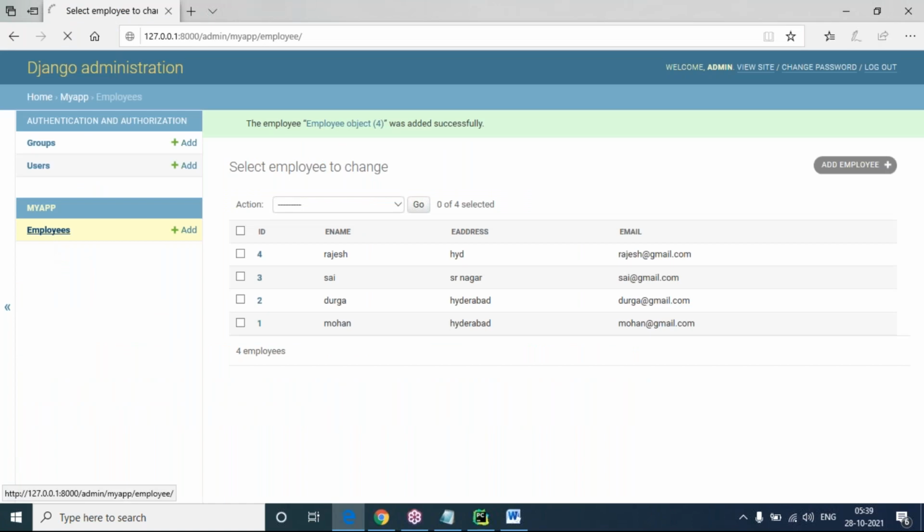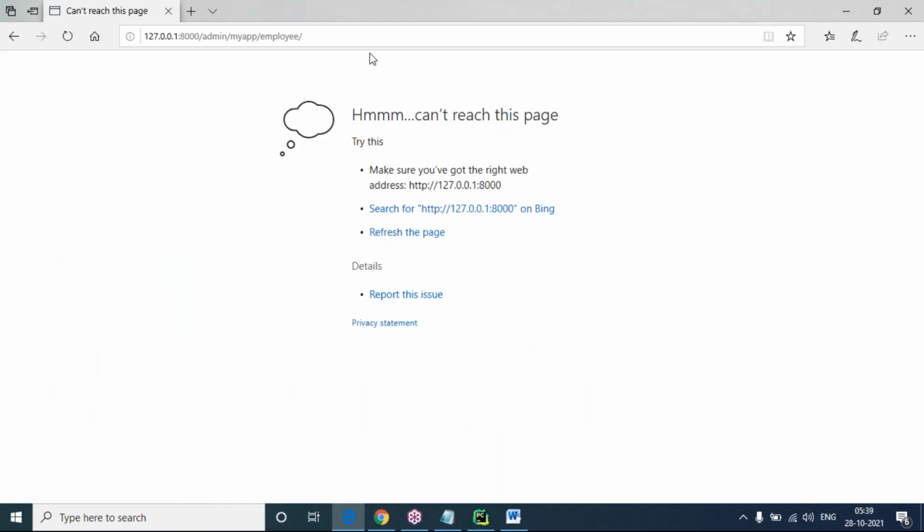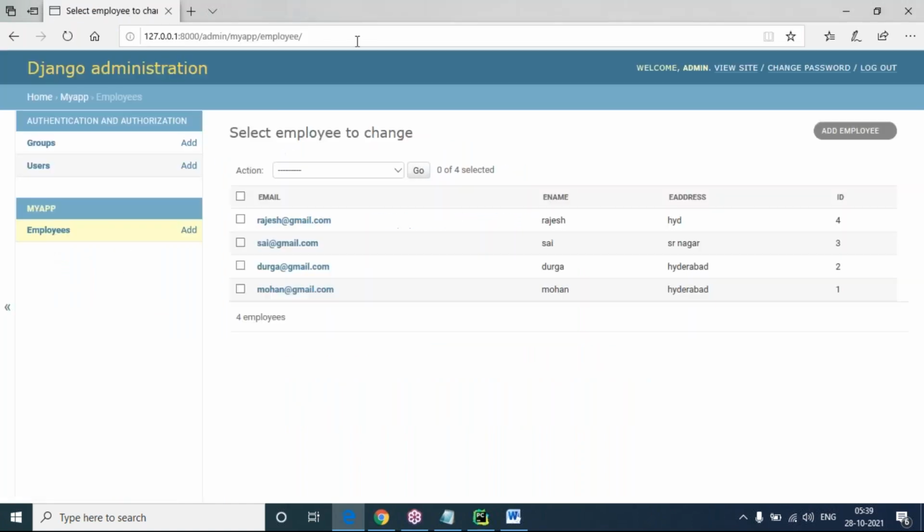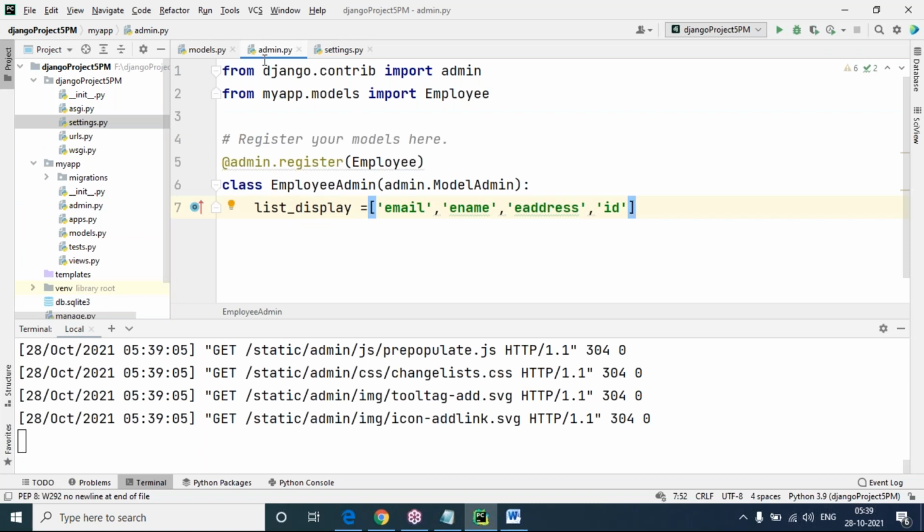Let's refresh. Now you can see what order it is displaying. Server is running, just wait. Server is restarting. Now you can see first email, next ename, next e-address, last ID only there. So who decides the order of the records? The admin class will decide, in admin.py here. So let me change this, ID first, because I'm taking the proper order.